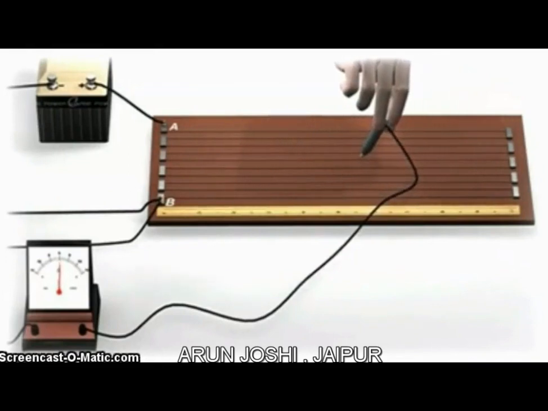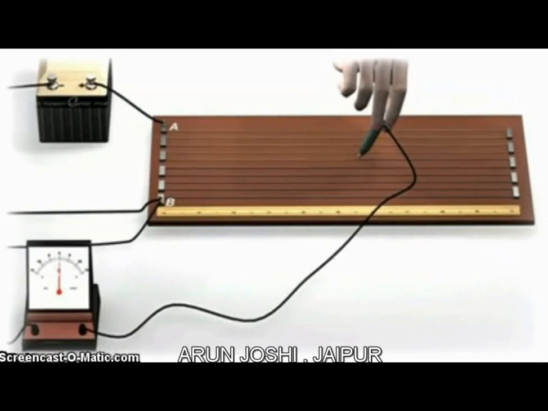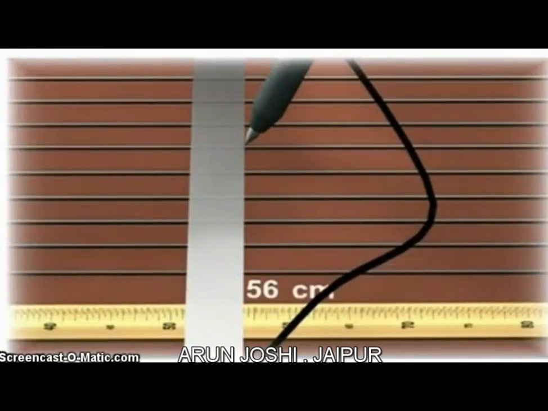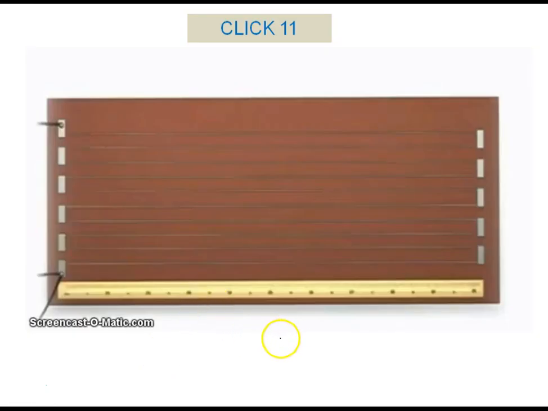Say this is the point where deflection is zero, and we all know V is proportional to l. We have to calculate this whole length l, measured from the positive end through which the current is entering the circuit. Suppose I say l is 56 centimeter on this wire, but this wire is the fourth one from the top, so you will say 456 centimeter. Is it clear to all of you? So when we are able to calculate the length, we can write V is proportional to l, and finally when we know the K, we can get the voltage or EMF of the secondary cell. Okay. Now